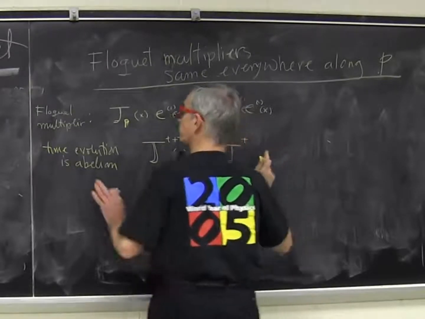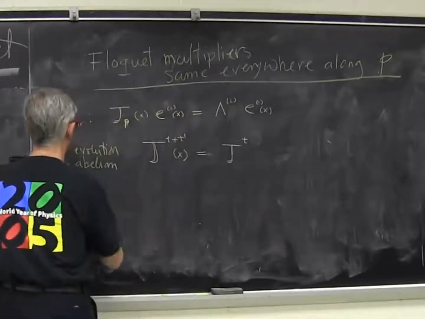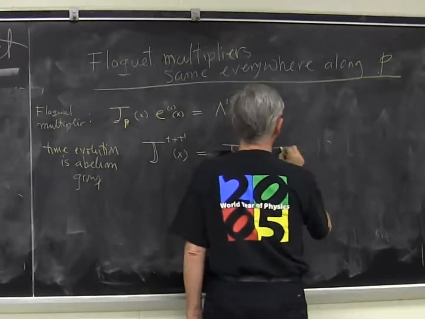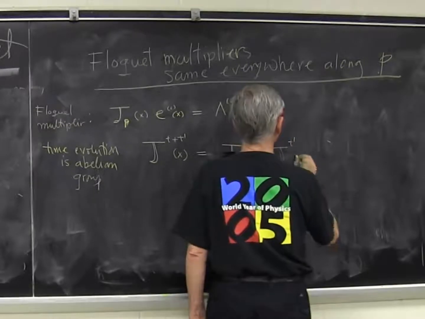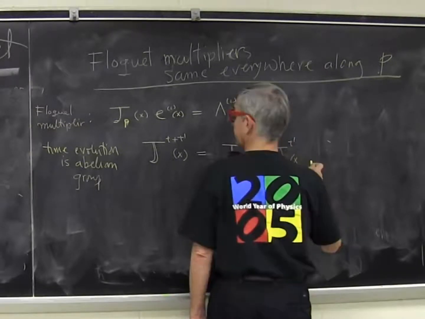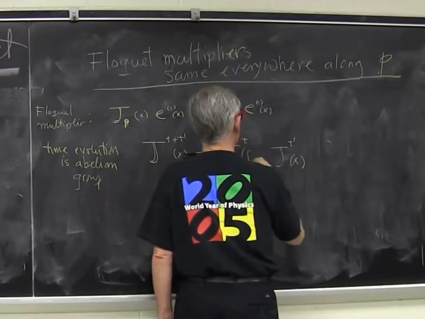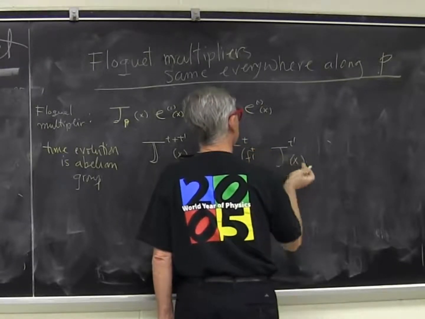So that's just a group product. I go first time t prime, starting at my initial point, and then I go to the image on